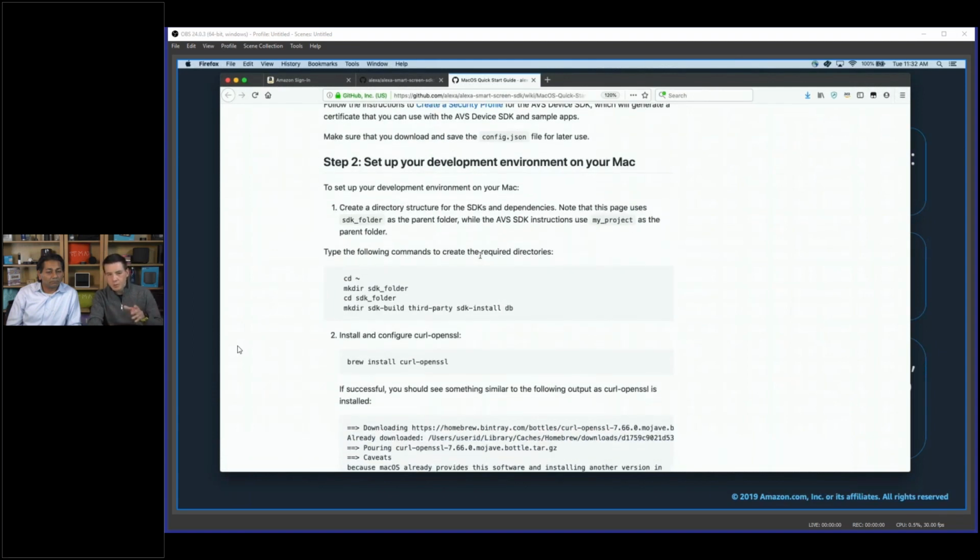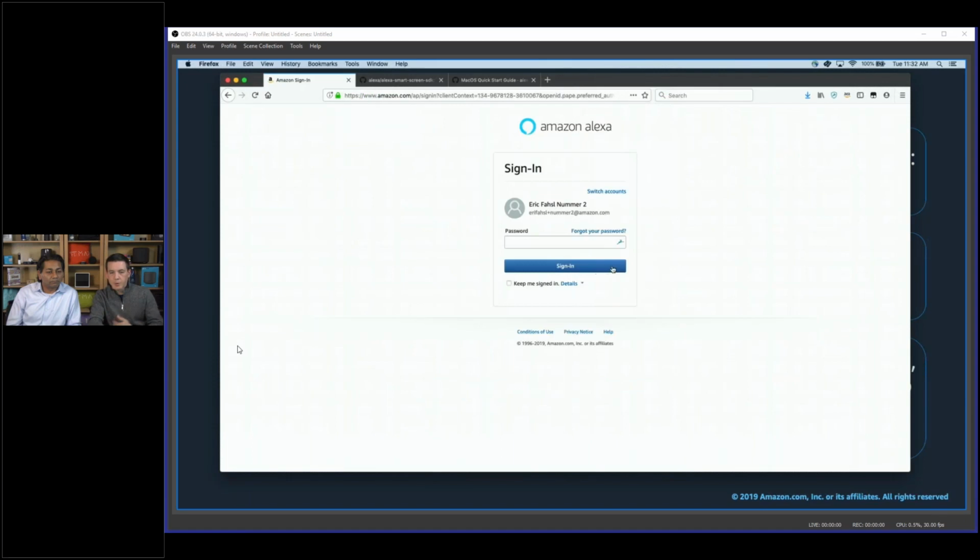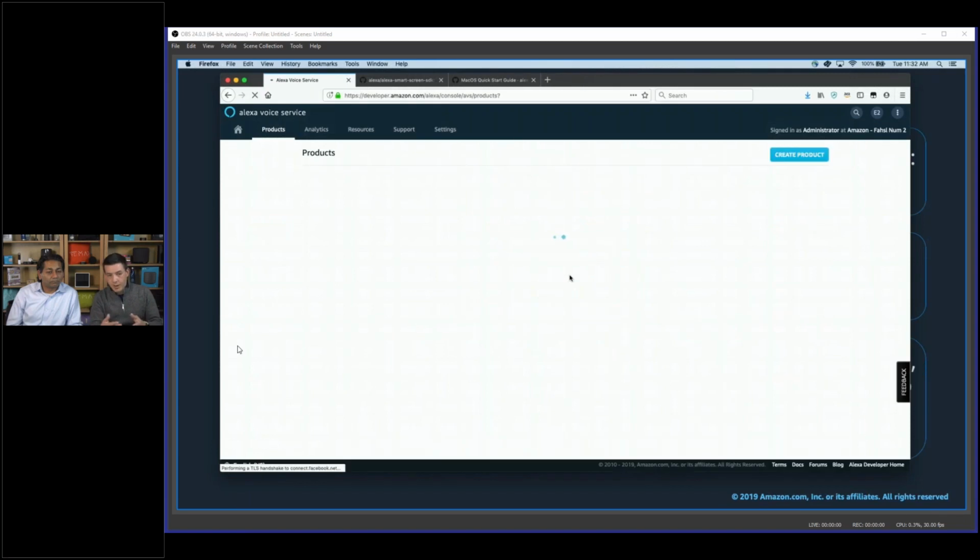And actually, let me just take 1 minute real quick to talk about the AVS developer portal. So first, if you're a skills developer, for instance, you already would have an account, but if not, you'll have to create an account, or if you're not an AVS developer already, you'll also have to create an account on developer.amazon.com. And then from there, you'll see you could either do skills or devices. In this case, this is the